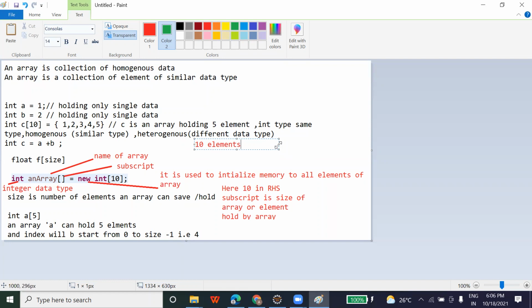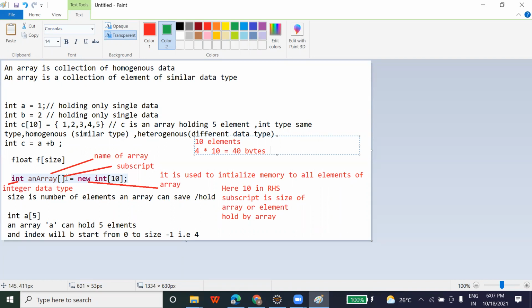If you remember in my previous lecture, I explained that an integer occupies 4 bytes of memory, that is 32 bit. So now here 10 elements are there. How much memory will be required in RAM? 4 into 10, that will be 40 bytes, right? 40 bytes of memory you need, and the compiler will assign it in RAM.